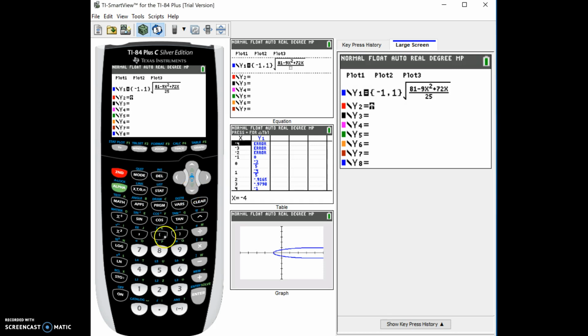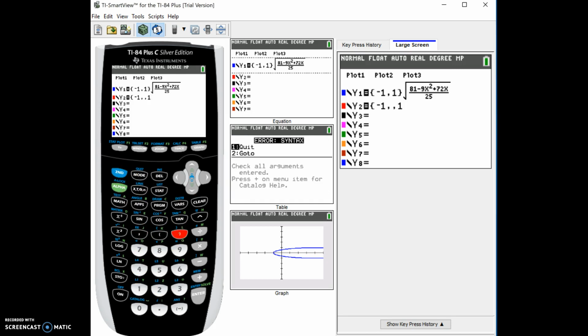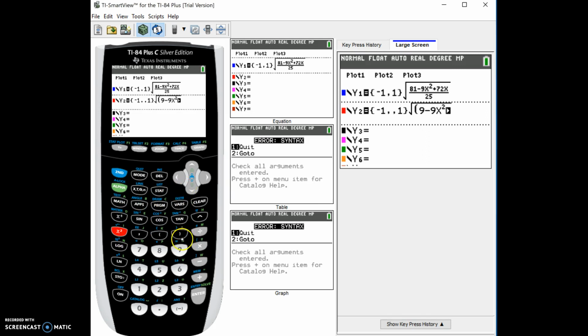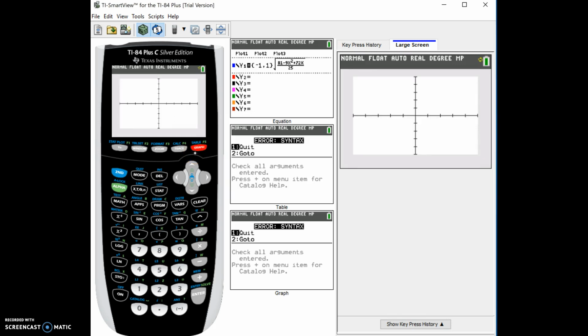And then again, I will do second parentheses, -1, 1. And then I will do the square root. This time I'll use parentheses for the numerator, but you can do alpha y equals again if you would like. And then I'll hit divided by -15. There's only one thing on the denominator, so that technique works fine too. And you can use that instead for the top equation if you don't have the option of setting up the fraction. Okay, I'm going to hit graph,